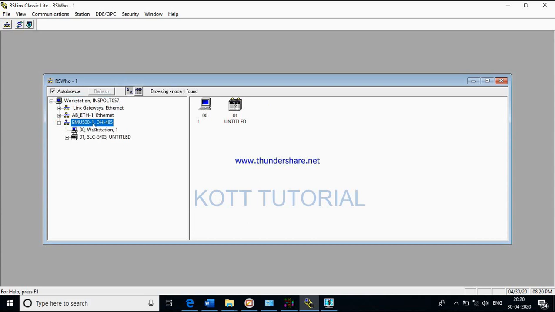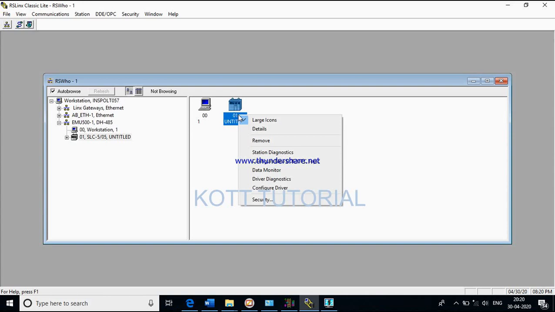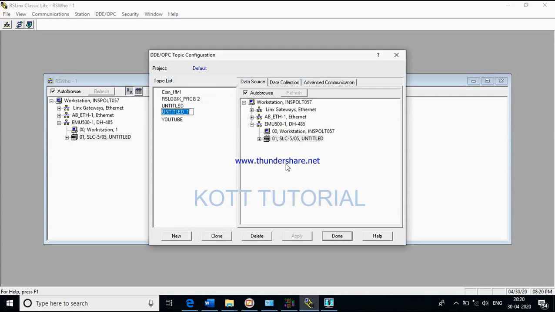Here we can see EMU 500 workstation, that is our PC, and this is the emulator which is running. So coming here, right click on this, configure new DDE/OPC topic, click here.